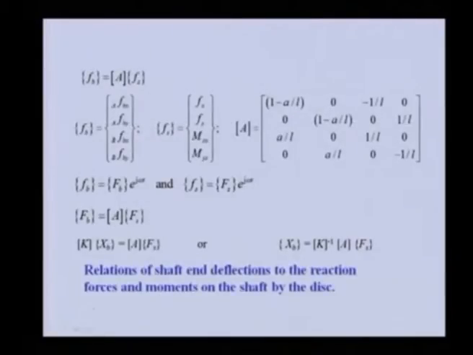Or like this. So this is the bearing force, this is the shaft reaction forces, and this is the A matrix. You can see the bearing force has 4 components corresponding to bearing A in x and y direction and bearing B in similar 2 directions. The shaft reaction force contains not only the force in x and y direction, but also the moment in 2 planes, that is zx and yz plane. The stacking we can choose according to our convenience. In this particular case I have chosen force in x and y direction first and then the moments.